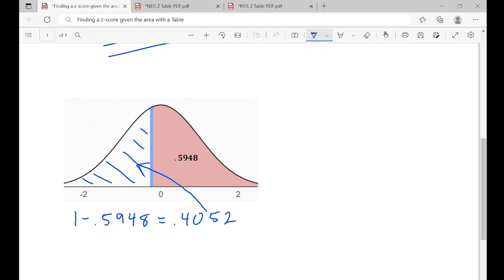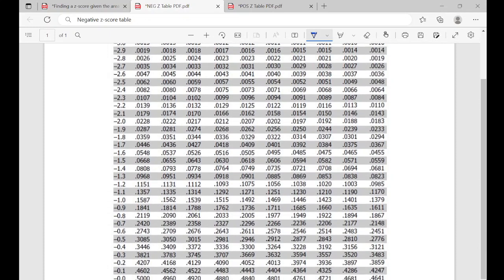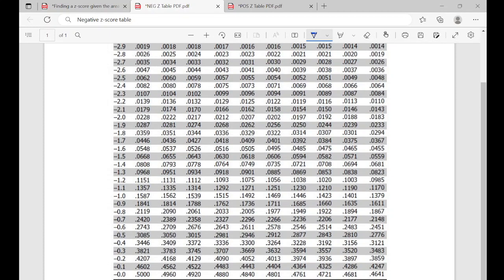Now we need to look inside our z-score chart to find the z-score that matches this area. And since our line here is to the left of the middle, to the left of the mean, we're going to look in our negative z-score table for 0.4052. So 0.4052 or the closest to it. Probably going to be a little bit further down. So 0.4052 is going to be down here. Exactly. And this is going to correspond to negative 0.2